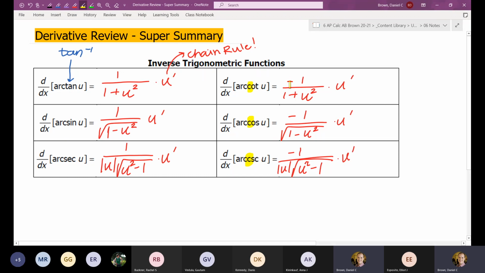So again, any of your co-functions will be minus. Differences between them: I kind of think about how arctangent and arccotangent do not have a square root, and they have plus signs. Arcsine will always be subtracting the variable inside of a square root sign, while arcsecant will have the weird absolute value in it, and also inside the radical sign, the variable will come before the subtraction